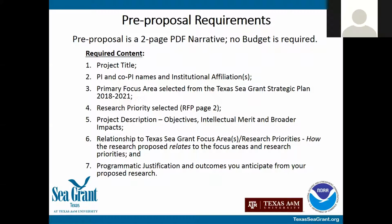How will that research proposed relate to that specific focus area and research priority that you have chosen to propose for your pre-proposal narrative? And then lastly, more of the narrative, your programmatic justification for your proposal and the outcomes that you anticipate from your proposed research. And again, the outcomes